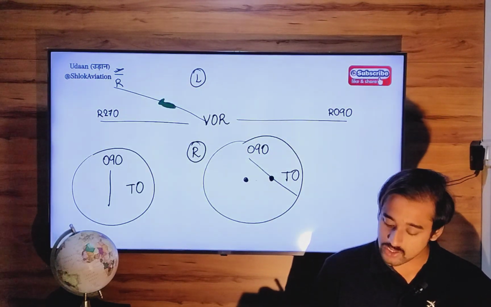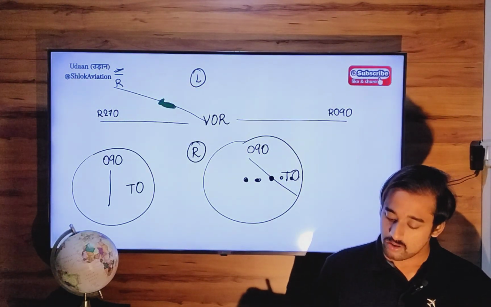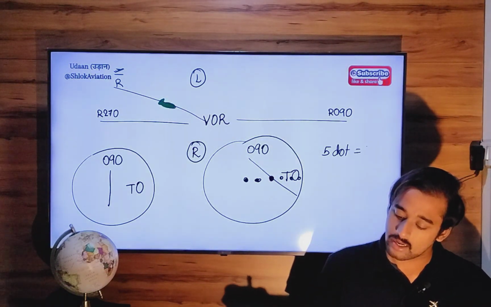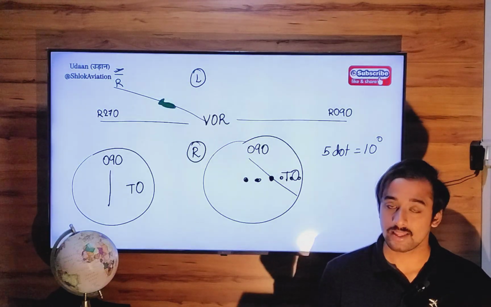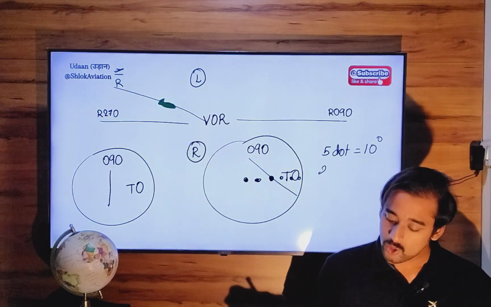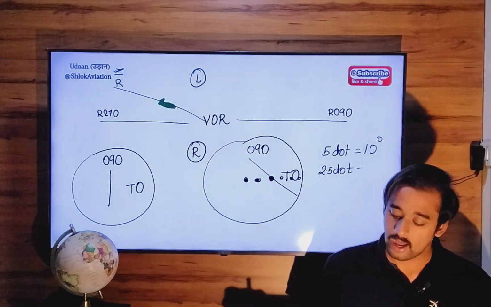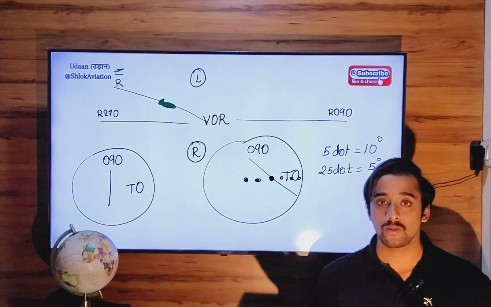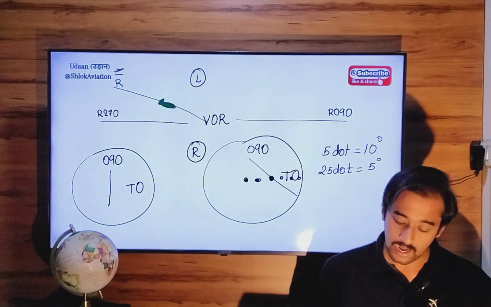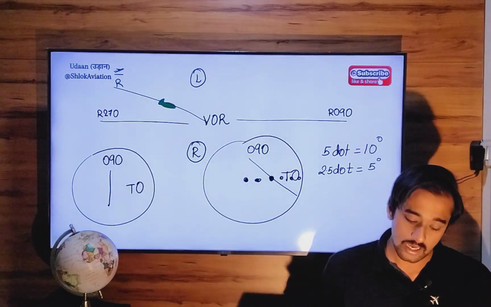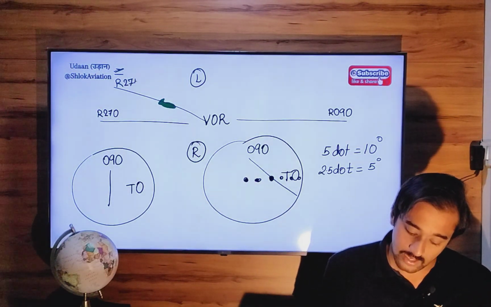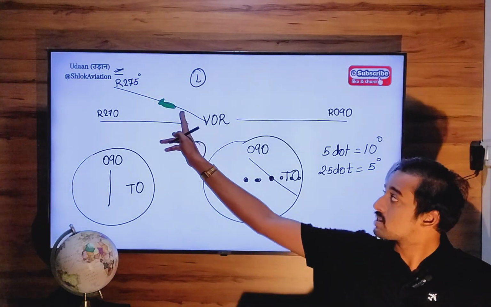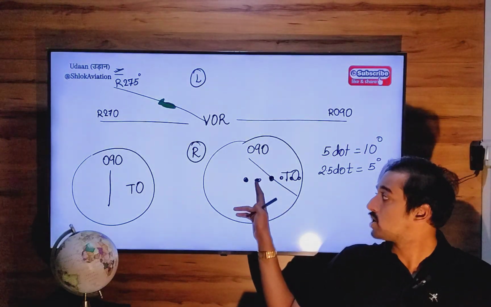So if there are 5 dots, 1 dot is 2 degrees, 5 dots will be equal to 10-degree deflection. Now halfway, that means half of 10 degrees is 2.5 dots or 5 degrees. So that means your airplane has deviated from its track by 5 degrees. So that radial will be 270 plus 5, 275. So aircraft is on radial 275, and therefore the needle has moved halfway to the right, that is 2.5 dots